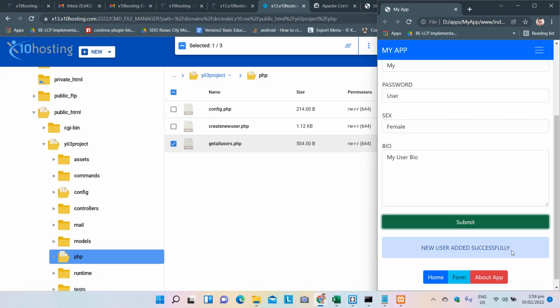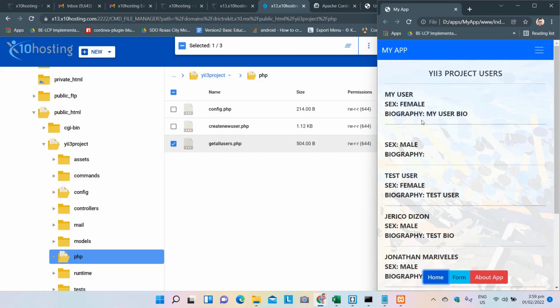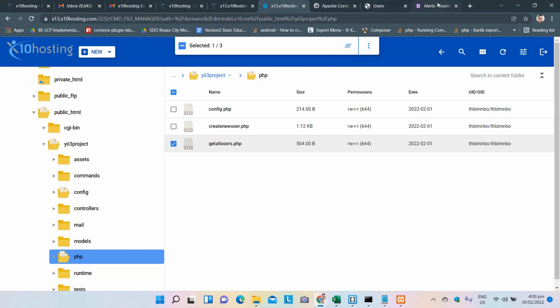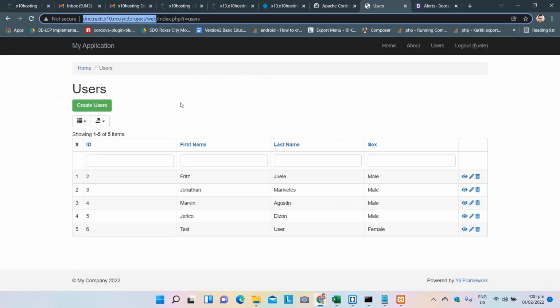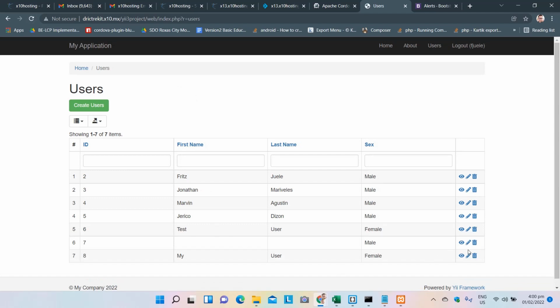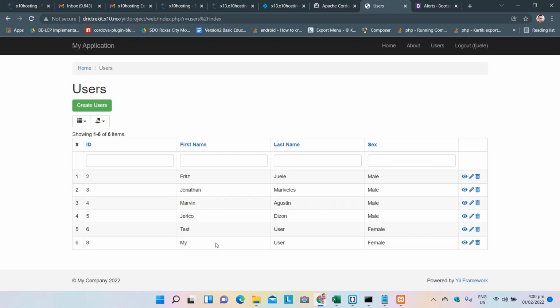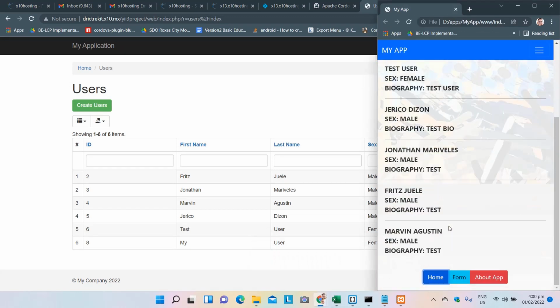New user added successfully. Let's go back to home, and the new user is here. Okay, now if we go to our online application, our Yii project that is online already, let's refresh this one. It's already added, so we can delete this empty field. Okay, then if we go back to our web app,